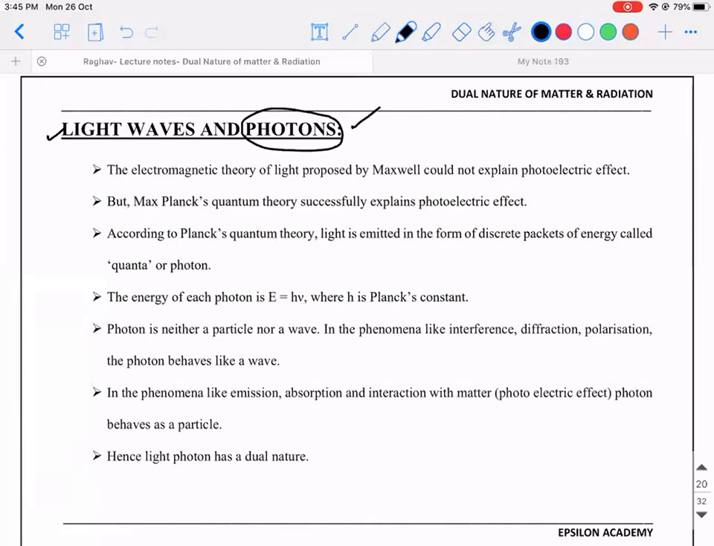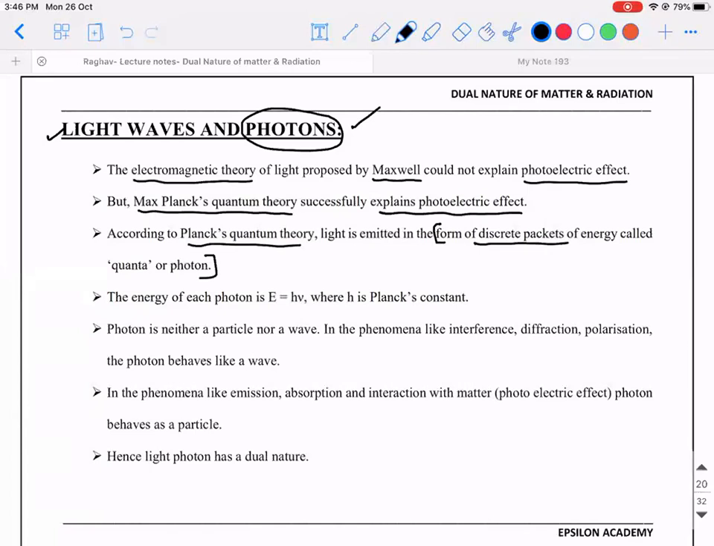So before that, let's read out what exactly gave the origin of it. The electromagnetic theory of light was proposed by Maxwell, which couldn't explain the photoelectric effect. Secondly, Planck's quantum theory successfully explained photoelectric effect, because according to Planck's quantum theory, light is emitted in the form of discrete packets of energy called photons. So photon is nothing but a bundle of light energy. It is a discrete packet of energy,